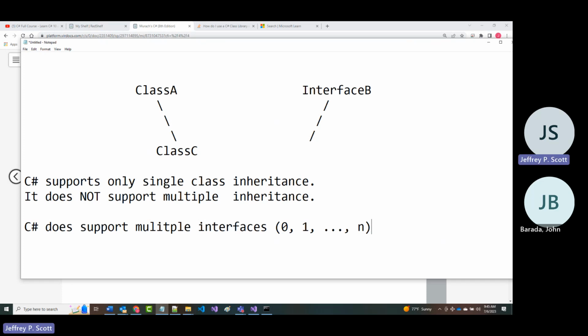Now, the verbiage you use for this is a little different because with inheritance, you inherit. With interfaces, you implement.